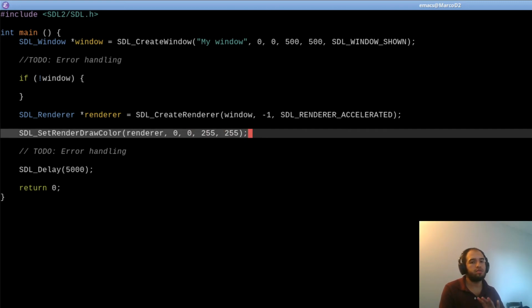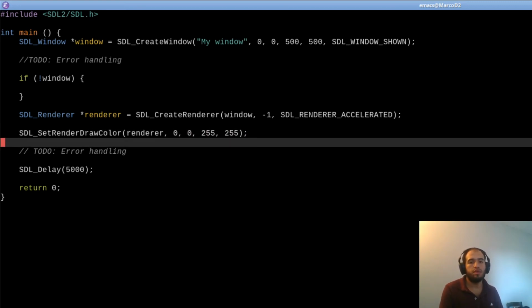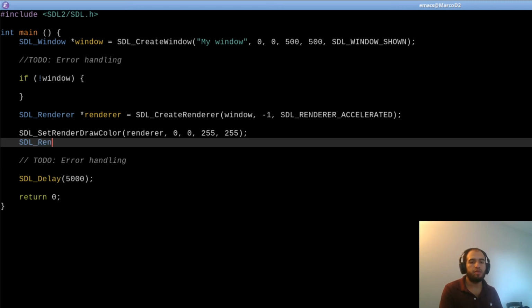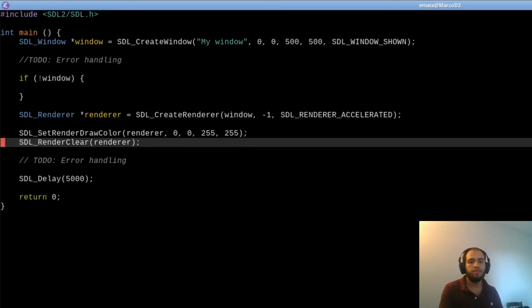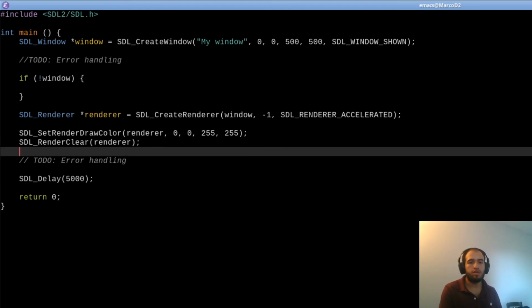So this is just the color blue, basically. Then we will have to call a function named render clear. What this is doing is using the color that the renderer is going to use to clear the screen. This is actually going to clear the screen, and then in order to